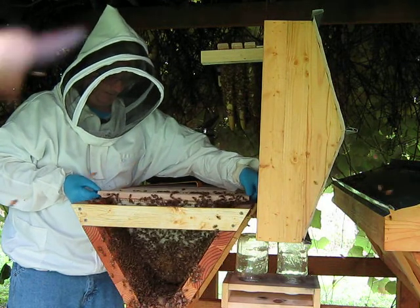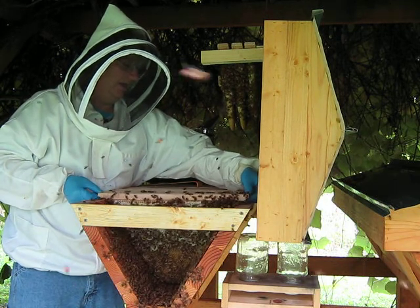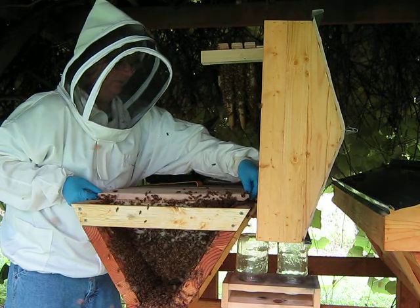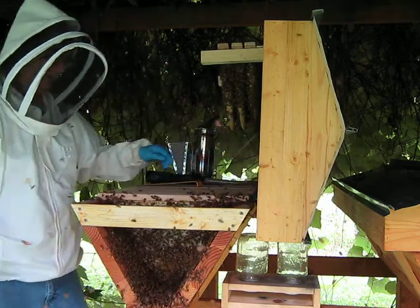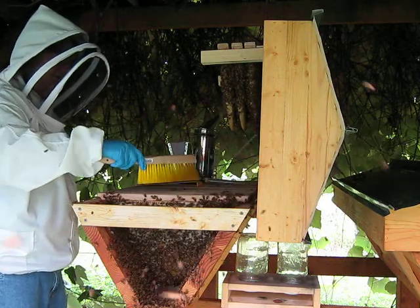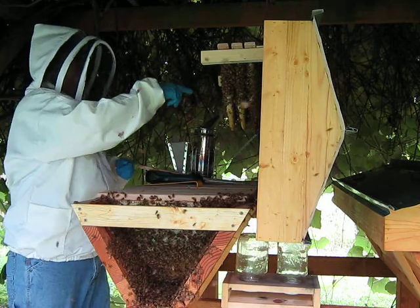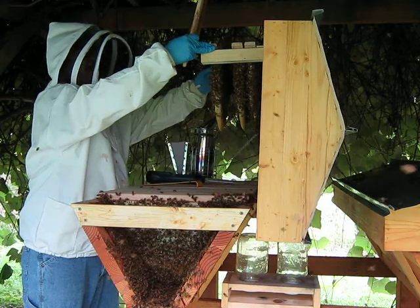One thing about the top bar hives I found is, so, okay, that one's back in. Okay, so we're going to keep this one? Yeah. Okay. Okay, they hate the brush, so this